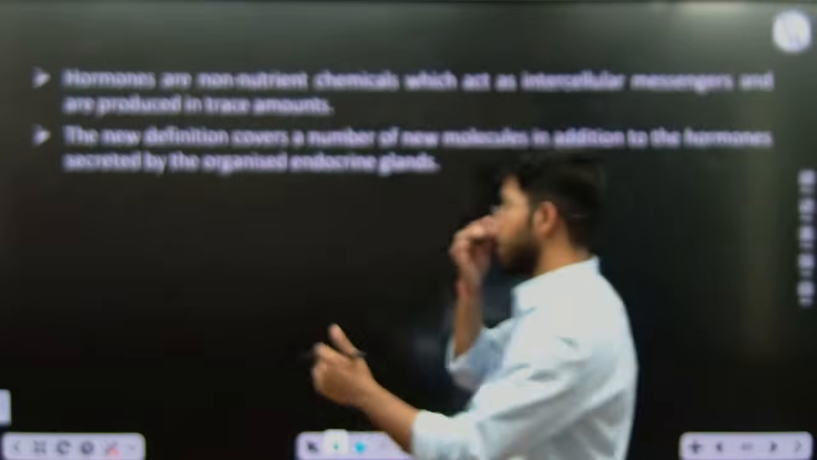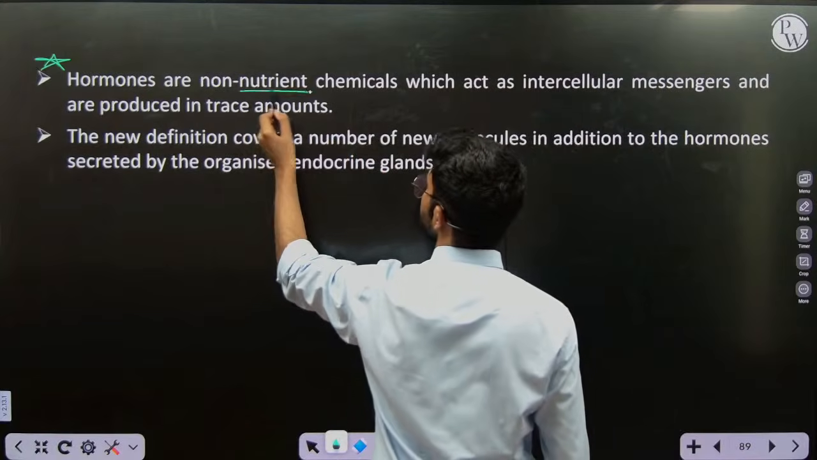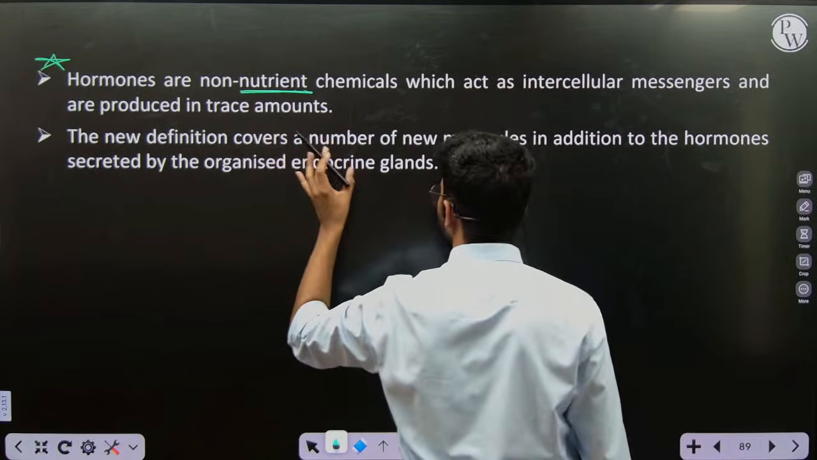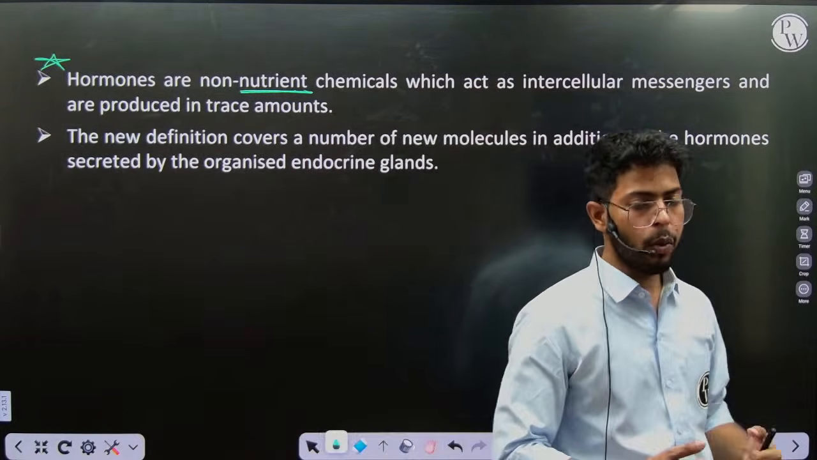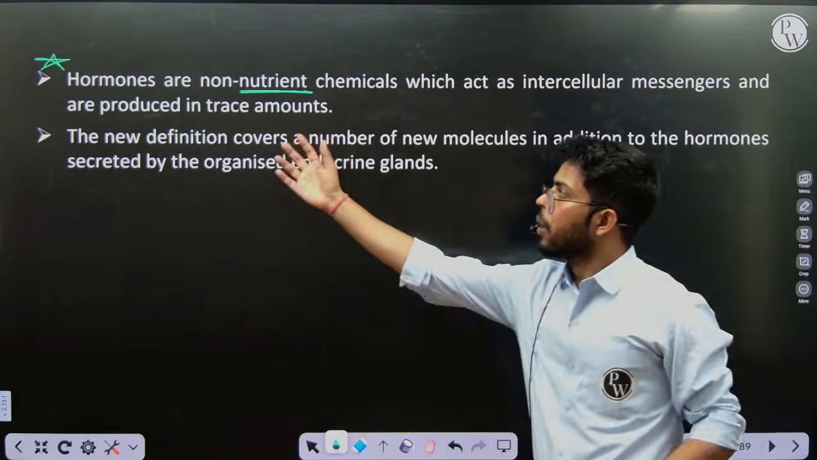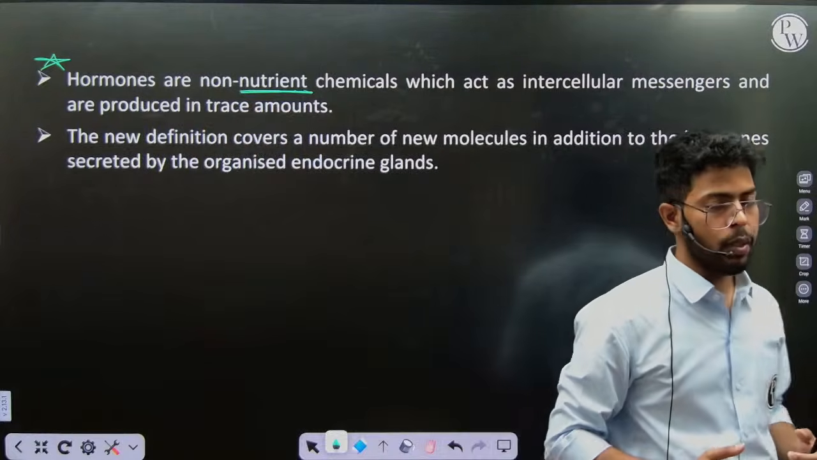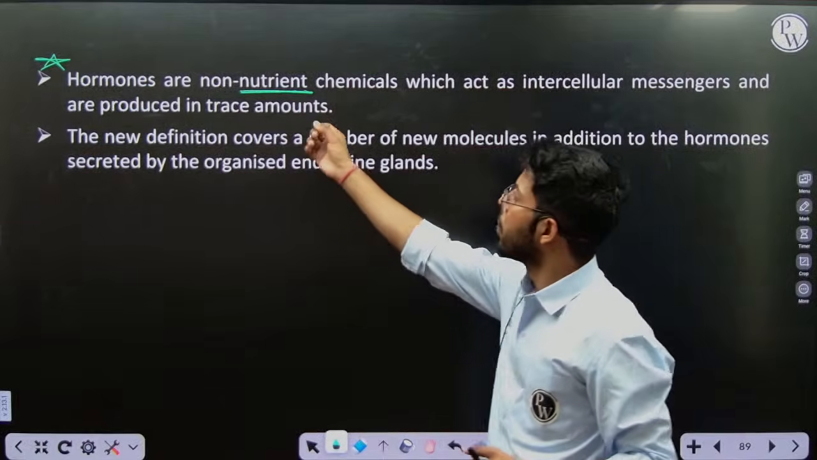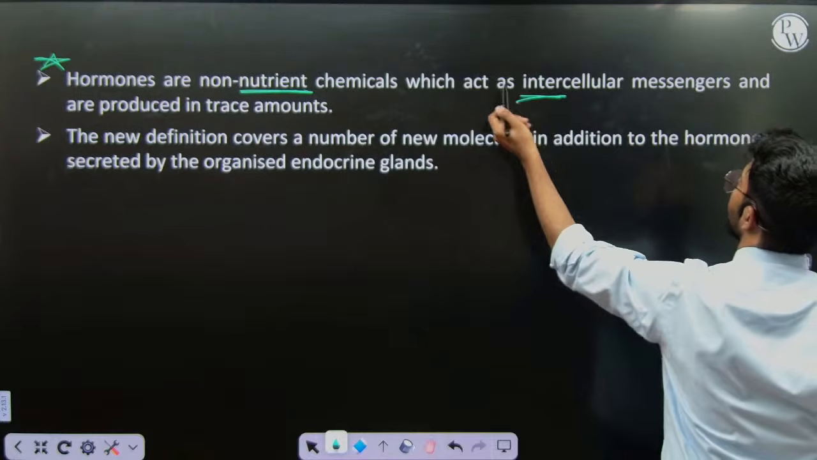Hormones. This is the very important definition. Non-nutrient means they do not provide energy. Just like if we eat carbohydrate, protein, or fat, they provide energy into our body. But if we ingest hormones, they do not provide any nutrient or any energy. Intercellular means between